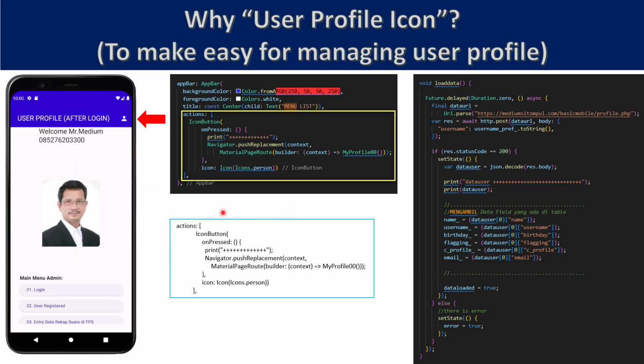Well, okay, this is how to make the icon. This one, just the script added to this application bar like this. Okay, and then if we click here and go to the next page, this function shows the name, username, birthday, flagging, see profile, and also email, and so on.